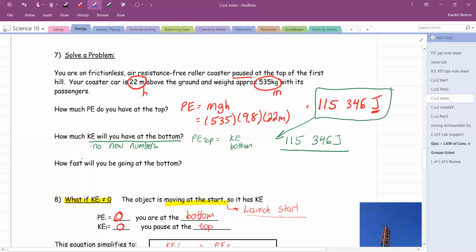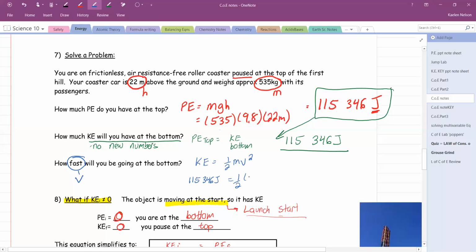And our last piece, how fast will you be going? Well, fast is velocity in our variables, or V. So we're going to get our kinetic energy equation, KE equals 1/2 mv squared. And we're going to fill in all the variables we know in their right locations on either side of the equals. So the kinetic energy is this big number that we solved for in part A,